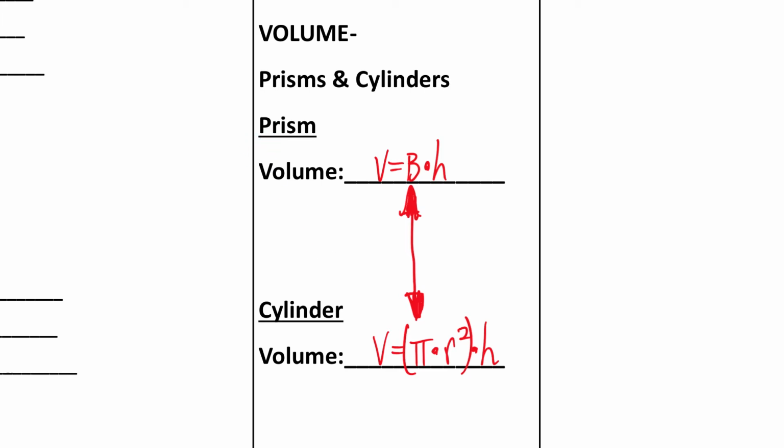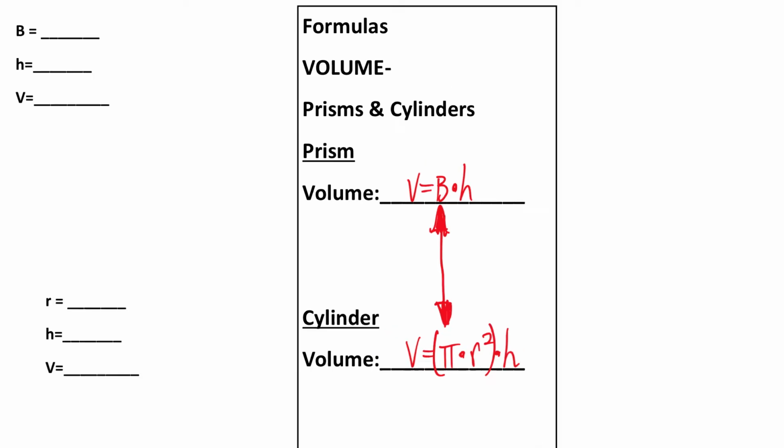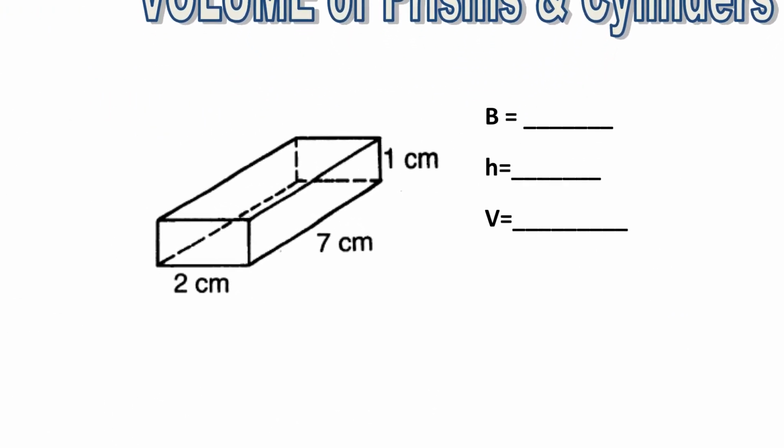Whereas on a prism, it can have a triangular base, it can have a pentagonal base, it can have an octagonal base, and just going on forever. So on this one, it's just more generic. You're just saying you're finding the area of whatever kind of base it has. On a cylinder, you know it always has a circular base, so you're always going to use this for that. Okay, so on this one,